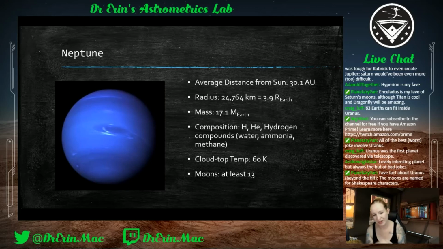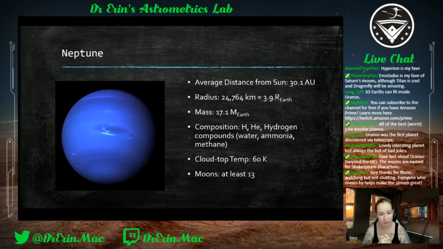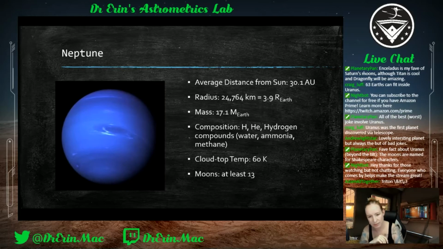We have Uranus. Now we have Neptune. Also blue. Also heavy hydrogen compounds. And again, even though it's about 10 AU further, it's about the same cloud top temperature because of what it's made of, and like I said, the motion of it just being a gas giant heats it up internally. So you have about 60 degrees Kelvin out on the surface. It has about 13 moons. One of them, as we mentioned, is Triton, and Triton is really interesting.